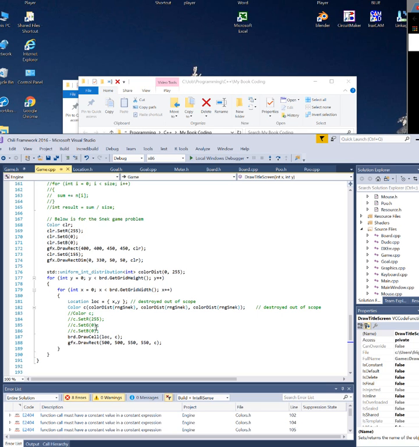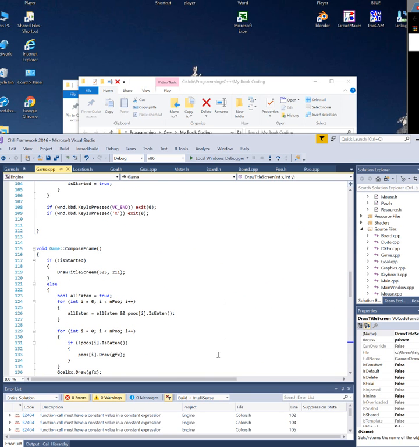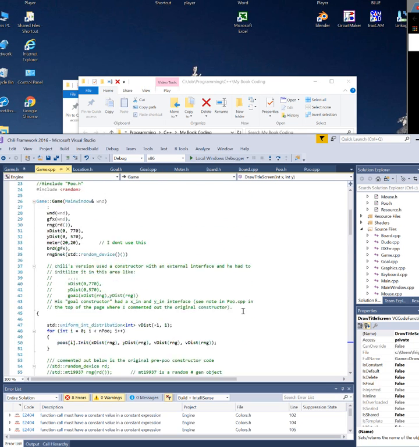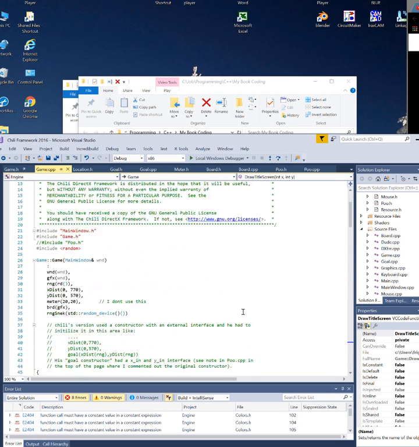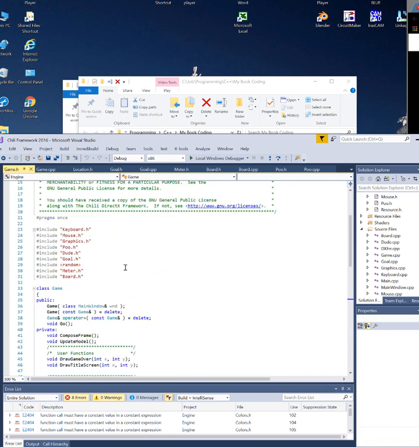But anyway, this is responsible for those cool color-changing squares. I'm not going to bother explaining it. You can kind of go through and see what it's doing. I mean, I'm really just going to point out in these videos extra cool things that I learned. I'll start at the beginning of the file. So, let's see, here's the constructor for the game object, which the game object is here,